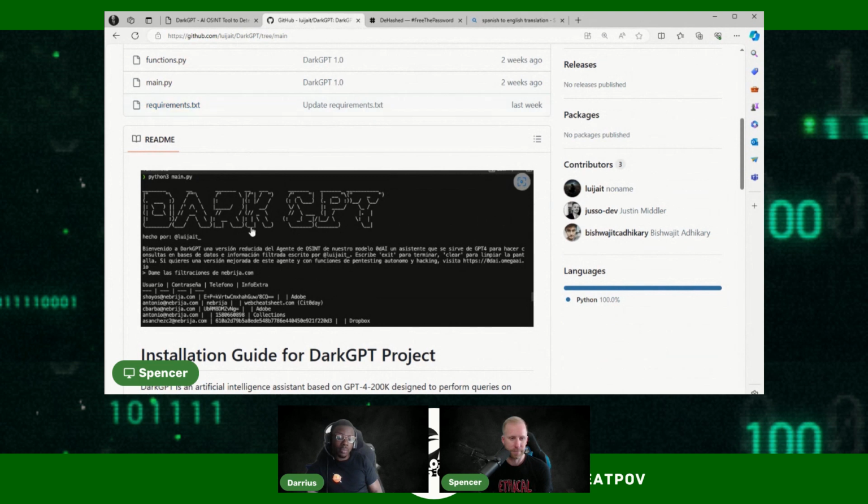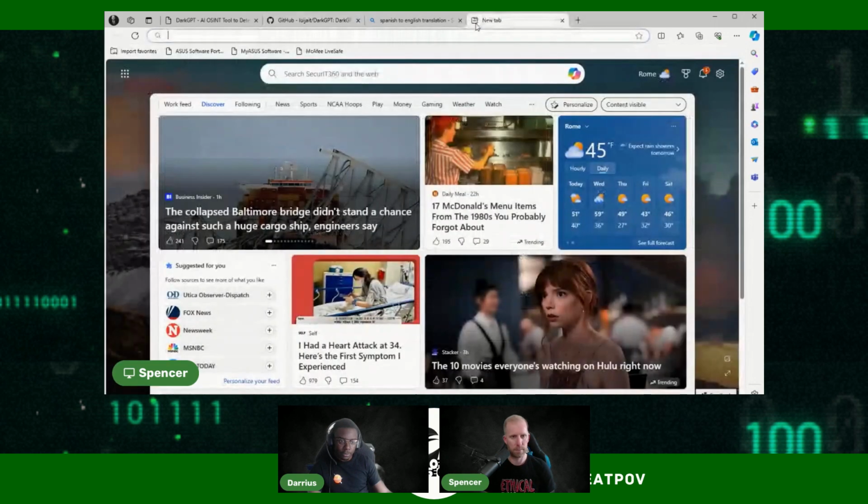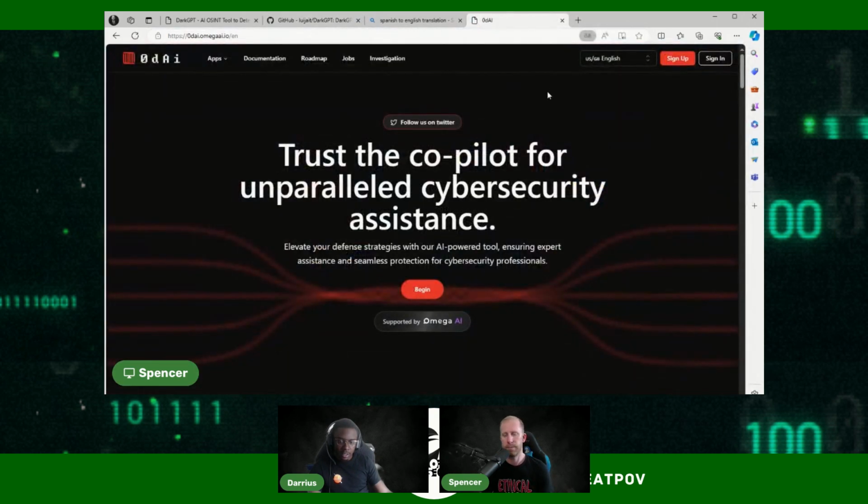So here's what I'm thinking. I'm thinking the DarkGPT file is empty because, remember, this is supposed to be the limited version. I think the idea behind it is they really want people to go to the main site, which I will send your way, Spencer, if you want to show that. This is basically supposed to be a demo, lesser than the actual site that they probably want you to use.